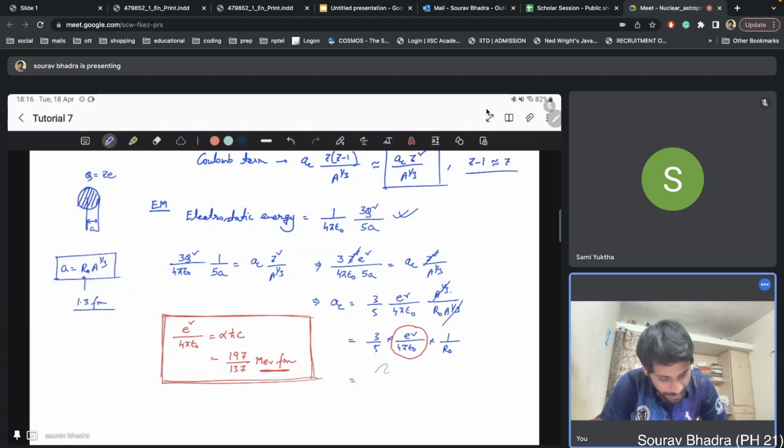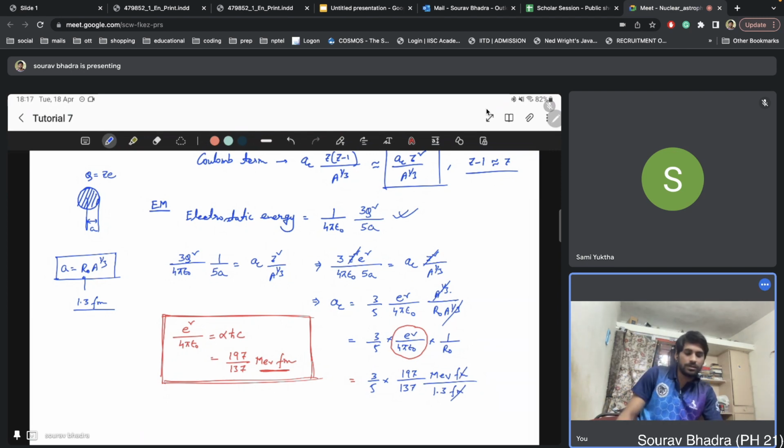It is for simplicity, okay. 3/5 into 197/137, it was in MeV femtometer, and R0, you know, 1.3 femtometer. So femtometer cancels out, and the result will come in MeV. The main purpose of doing this, expressing e square by 4 pi epsilon 0 in MeV femtometer, is actually